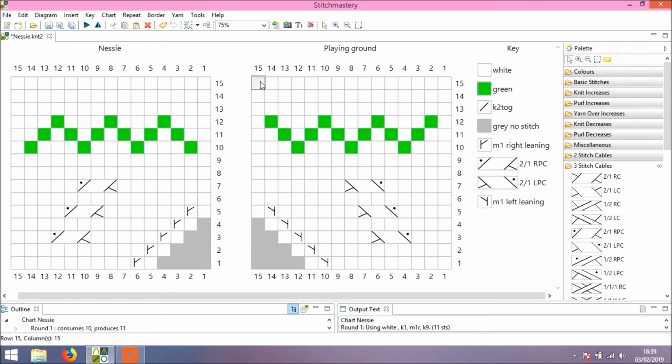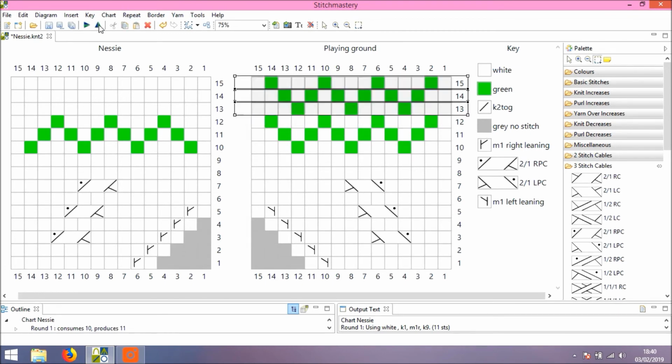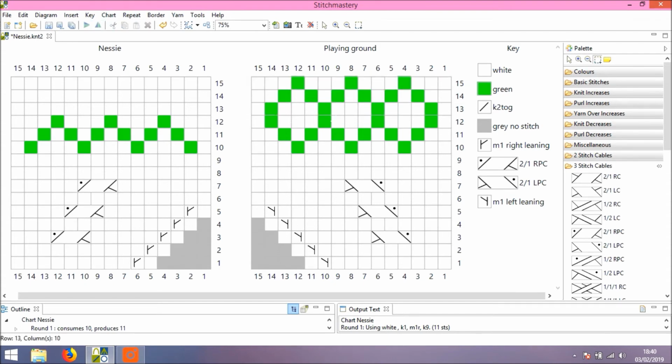I'm now going to click in the top left and use Ctrl V to paste, and then I'll select them again, use the flip horizontally tool, and they're now mirroring across the horizontal axis.